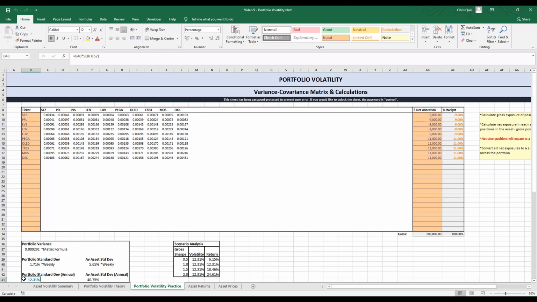Firstly, you want to delete all the tickers and data in the prices sheet because you won't need that when you update it with your own prices. Second, you'll want to download new weekly price data from Yahoo Finance or another source, for the stocks that you want to be able to model portfolio volatility and correlations for. And then finally,